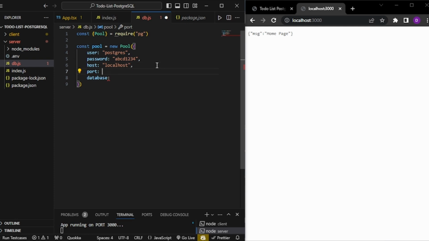And lastly, I have port, that will be 5432. Possibly it's the same for you also, unless you have changed it explicitly. And database, I will use the to-dos DB only, but I will create a new table. So database will be to-dos DB. And here, let me simply do